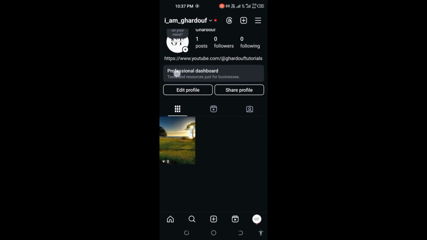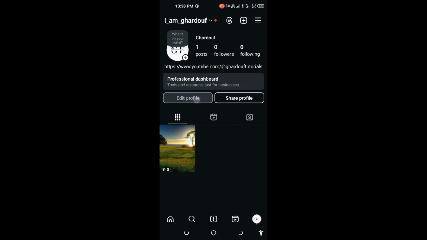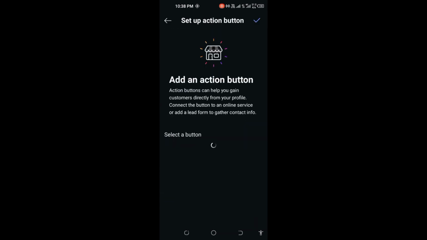When you switch to a professional account you will see the professional dashboard. Here you will see the professional things that you can easily access. Then click on edit profile, and on the bottom you will see action buttons. After clicking on action buttons you will see this interface, and here you can easily set up your Instagram shop and can easily run your